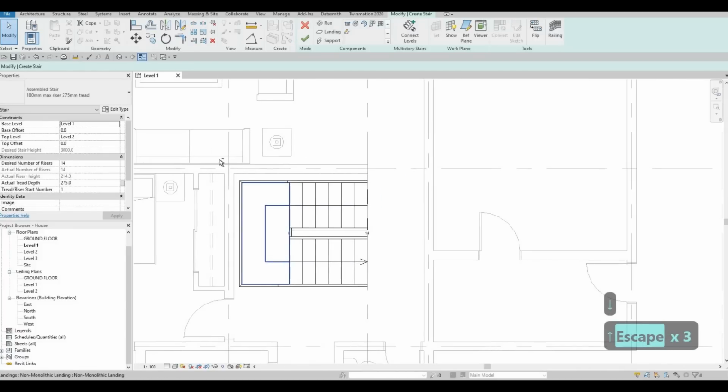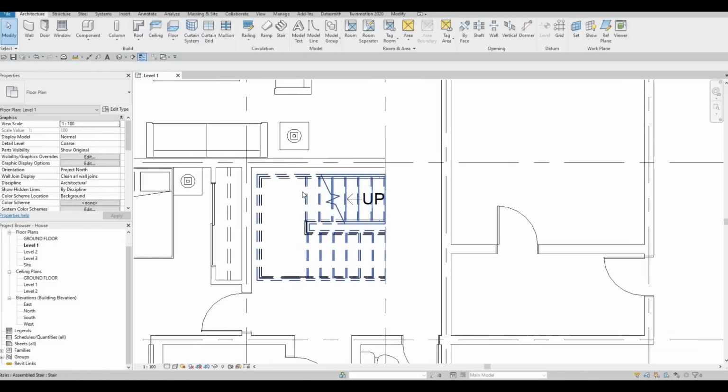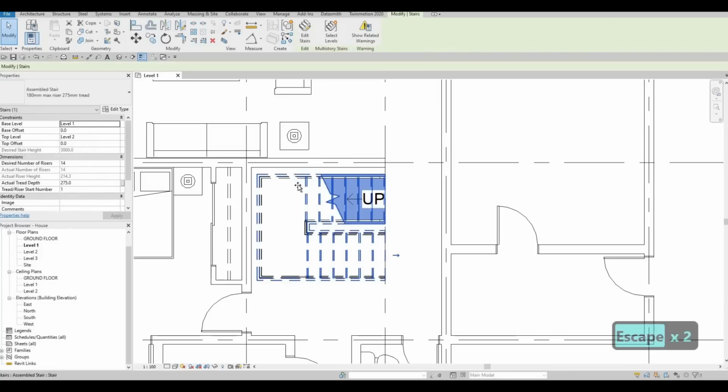And then here what we could do is select everything. I want it to be near the wall so that it creates that hanging stairs. So here I'm gonna select that. I'm gonna move it first,